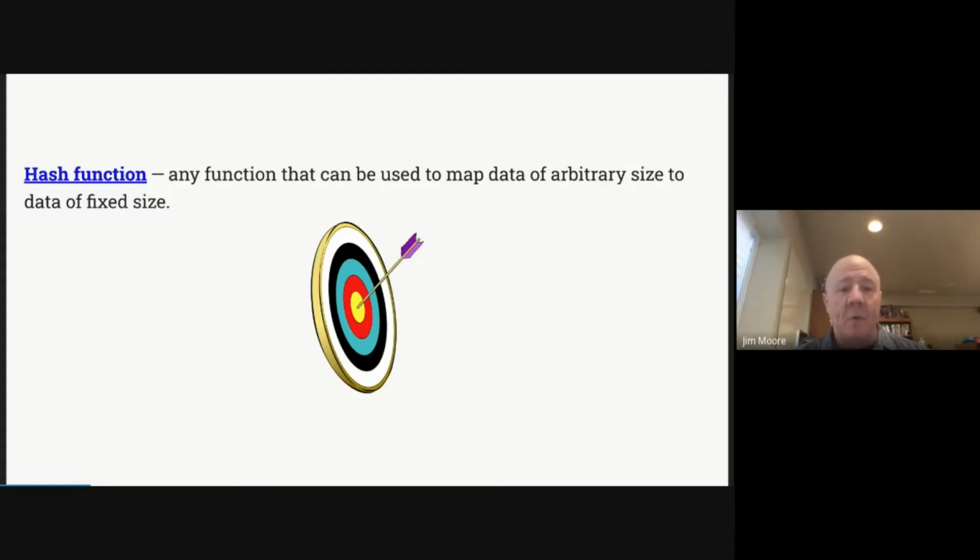But again, what a hash function means is that if you've got something that you're hashing that's 1 bit or 300 terabytes, the value that comes out is always of the same size.